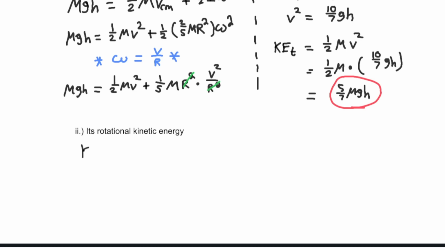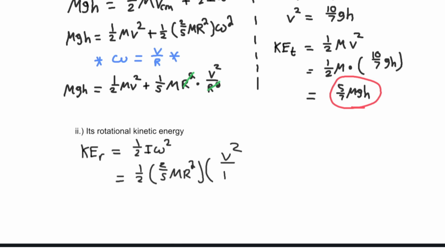So rotational KE is just 1/2 I omega squared. I for the sphere is 2/5 mr squared. And omega is just v squared over r squared. Notice the r's divide out again. And the 2's divide out again, and we just get 1/5 mv squared, so 1/5 times m times v squared, which is 10 divided by